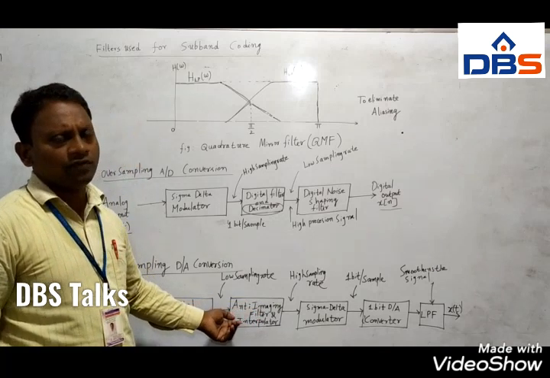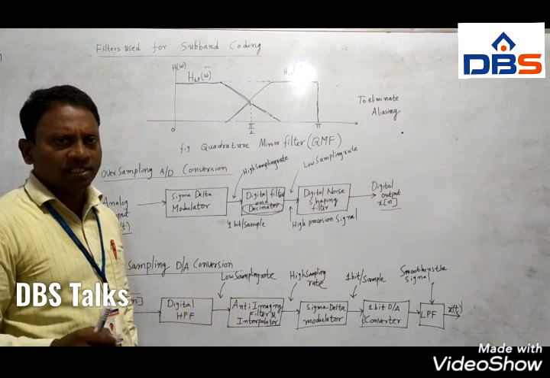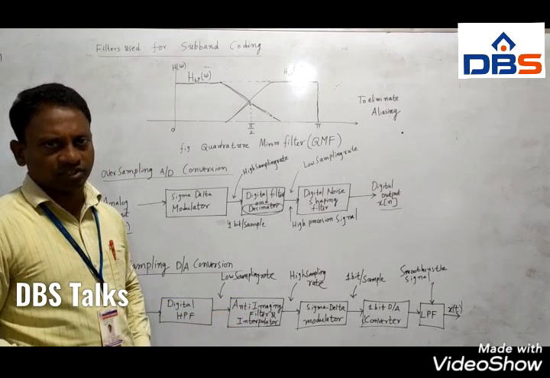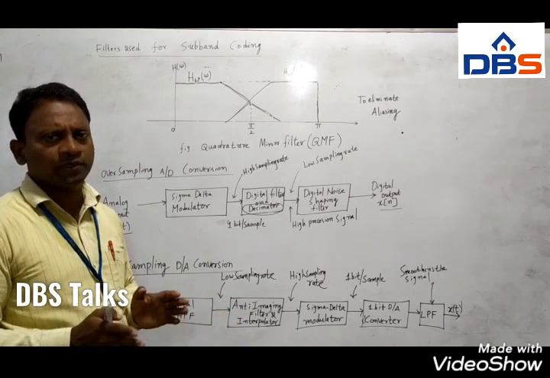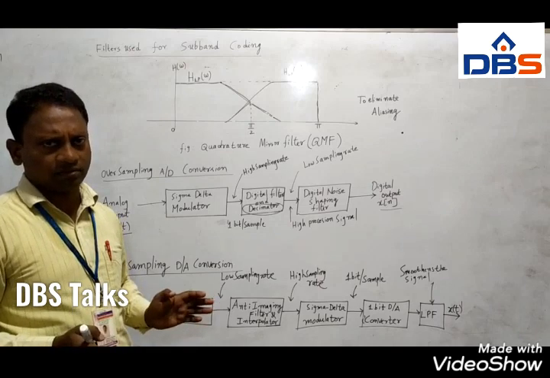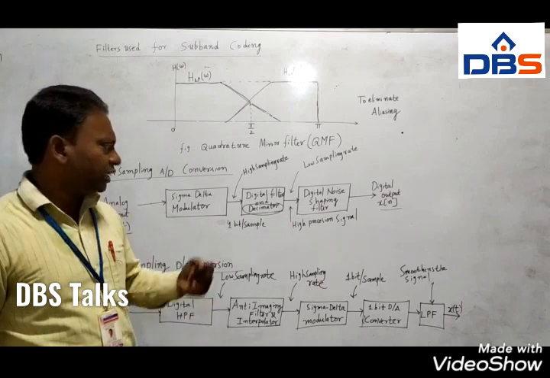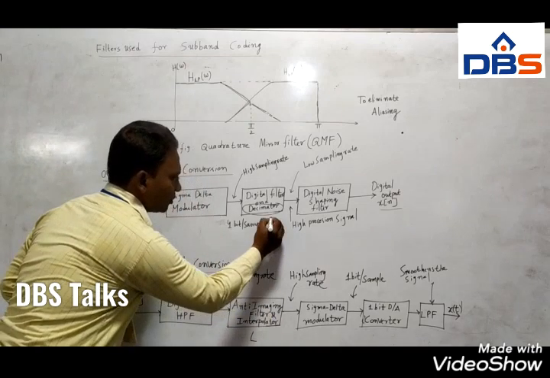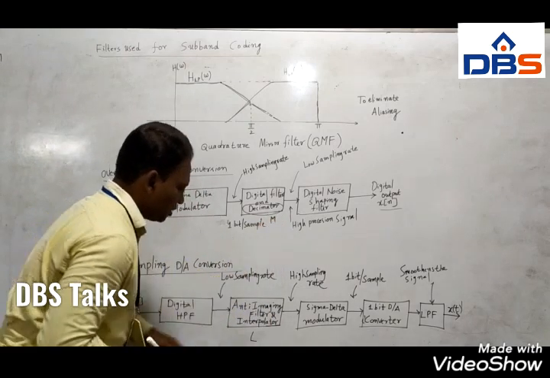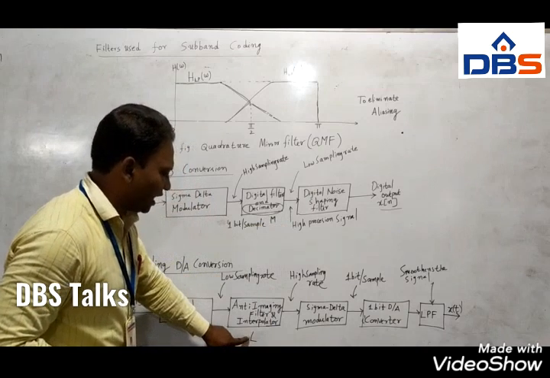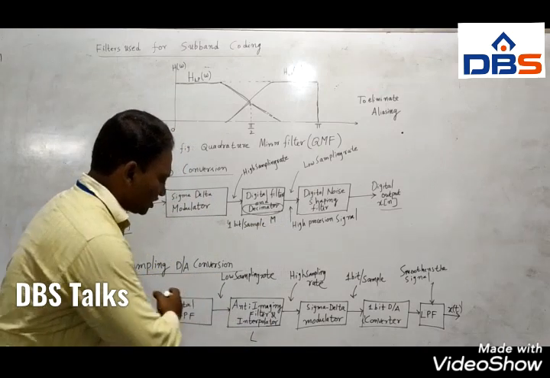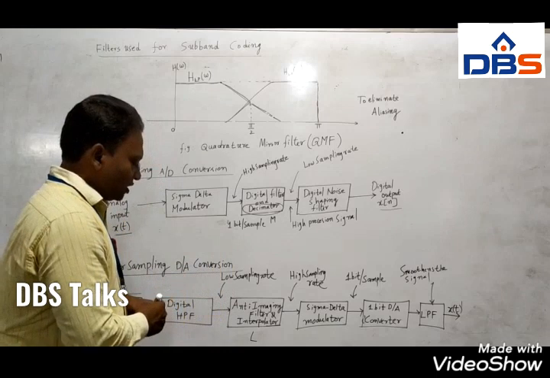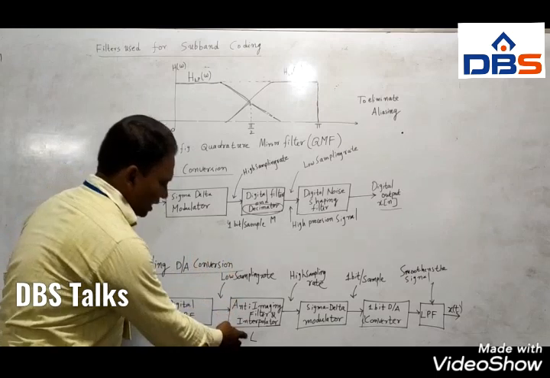Okay, the interpolator, what will it do? The interpolator adds L-1 zeros between two adjacent samples. The interpolating factor is represented by L, and the decimating factor is represented by M, you know that. So whatever sequence is coming is upsampled by L.